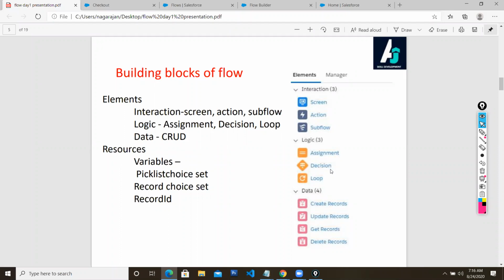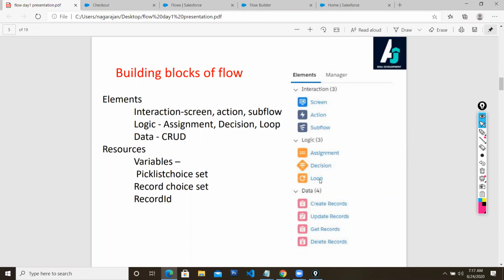Let's say I want to iterate a list, or I have 1,000 opportunities in my opportunity object, and I want to traverse all the opportunities one by one. Traverse means you have to go one by one. If any requirement comes one by one, automatically a loop should come to your mind. In programming, you will be writing the same thing. So for one-by-one processing, you can go for a loop.